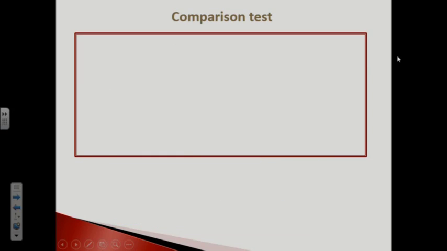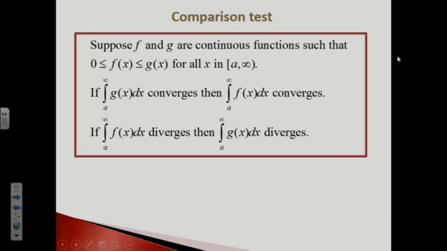Sometimes it is difficult or even impossible to find the exact value of an improper integral. Yet, it is important to know whether or not it converges. In those cases, the comparison test may be useful. It is stated for the improper integral of the first type, but a similar version for the second type can also be stated. Suppose f and g are continuous functions